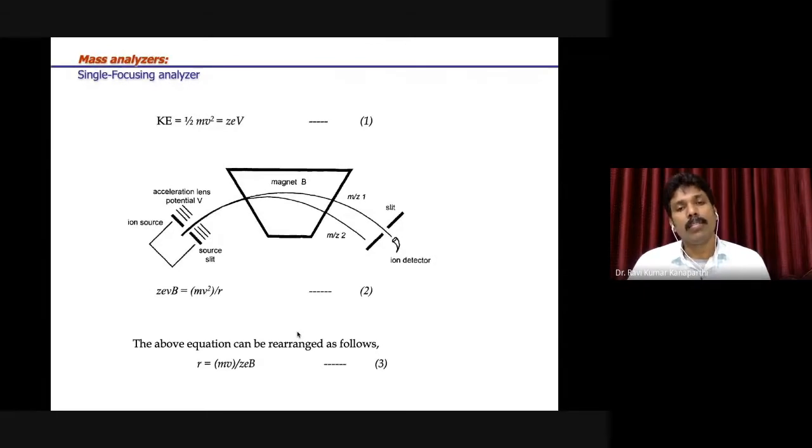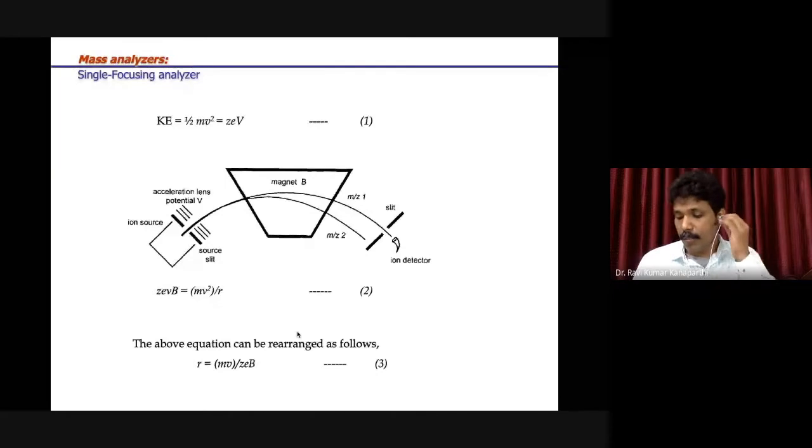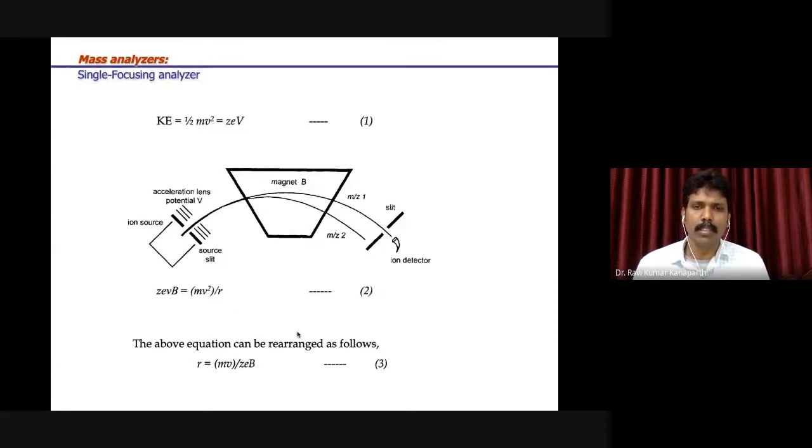Later on, several modifications, additions, and revolutionary technological components have been introduced and incorporated in mass spectrometry, so that we can get better resolution and better sensitivity, and the analyst will benefit after using the spectrometer. Let us focus, very briefly, as I'm just going to give a general idea of how this is done. In the single focusing ion analyzer, we use a magnetic field.